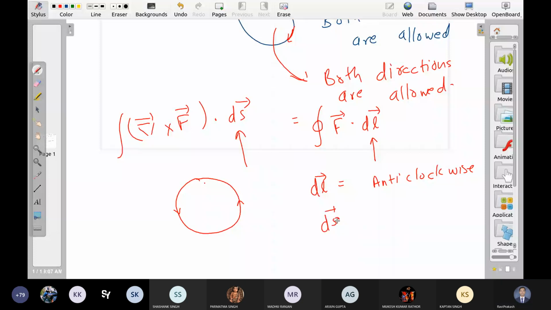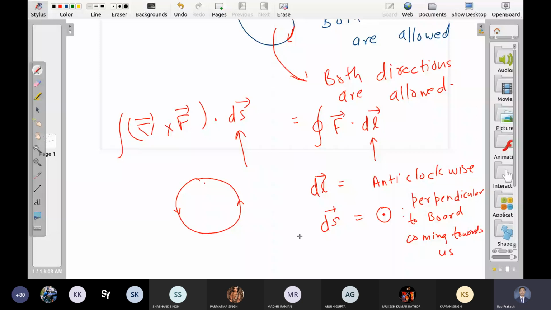ds is equal to what? So if fingers are showing the direction of rotation, then thumb will show the direction of ds. So ds is, do you understand this symbol? Enclose. Yes, sir. Coming outward. Coming outward or inward depends on how you define. Coming towards us. Okay. So it is coming from the other side to this.